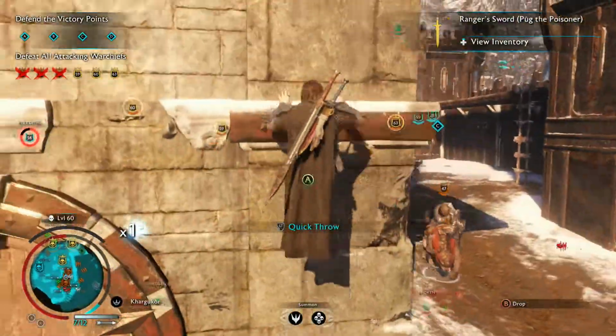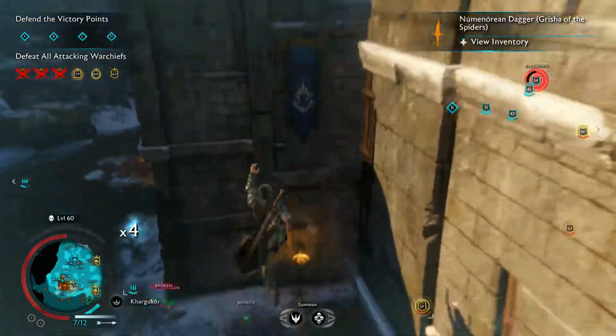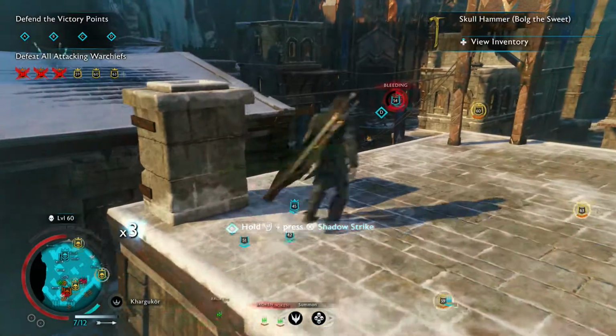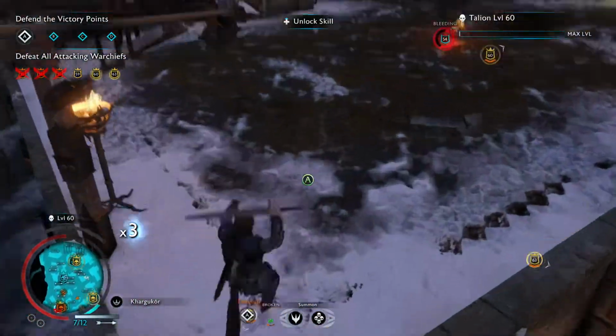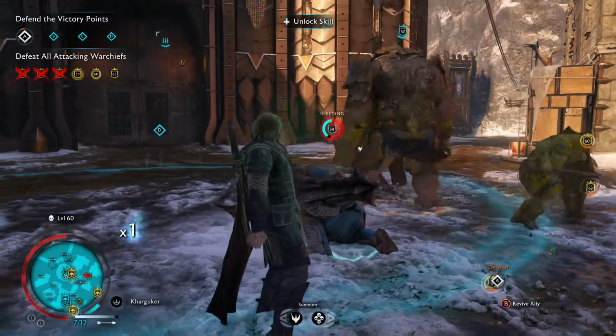Okay, now one of the things you do want to do is you want to keep an eye out for your higher level guys who are defending. Anytime one of them is bleeding out, like you can see over here, there's a 54 bleeding out. It's because he's fighting a 60. It's probably their overall leader here. So we're going to come over here. We're going to...